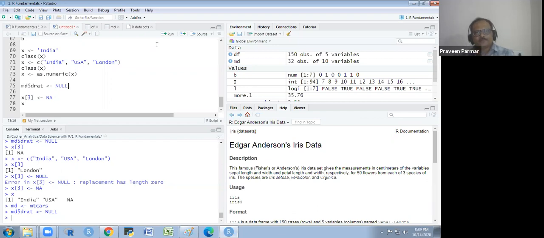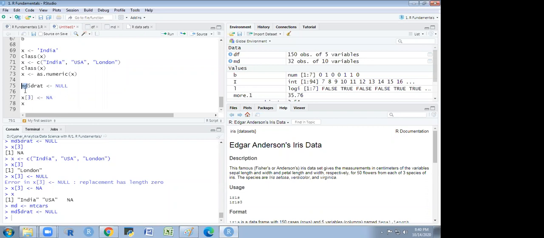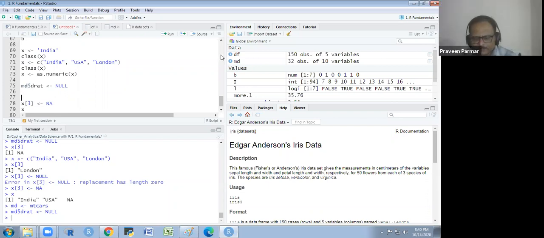Put the cursor here and run it. You have 11 variables, no? So you want to remove one variable. What object name have you taken? I have taken MD. So you just type here MD, then $.